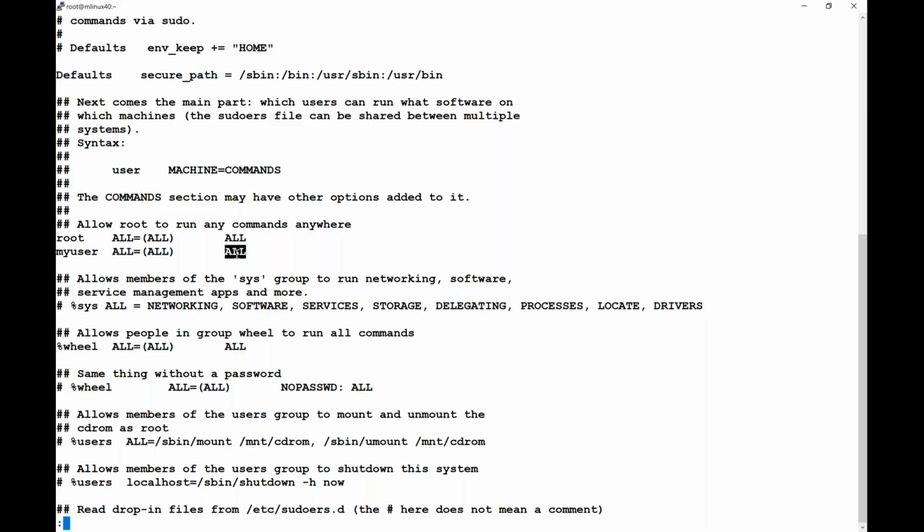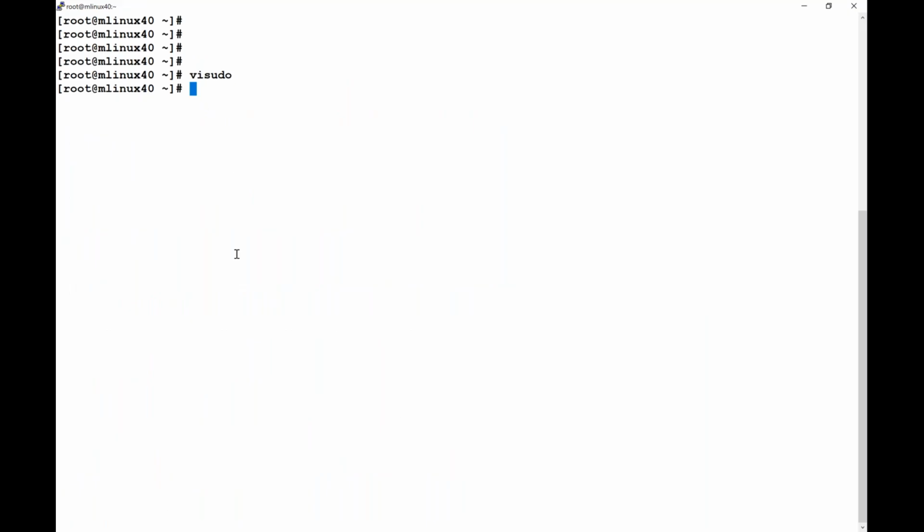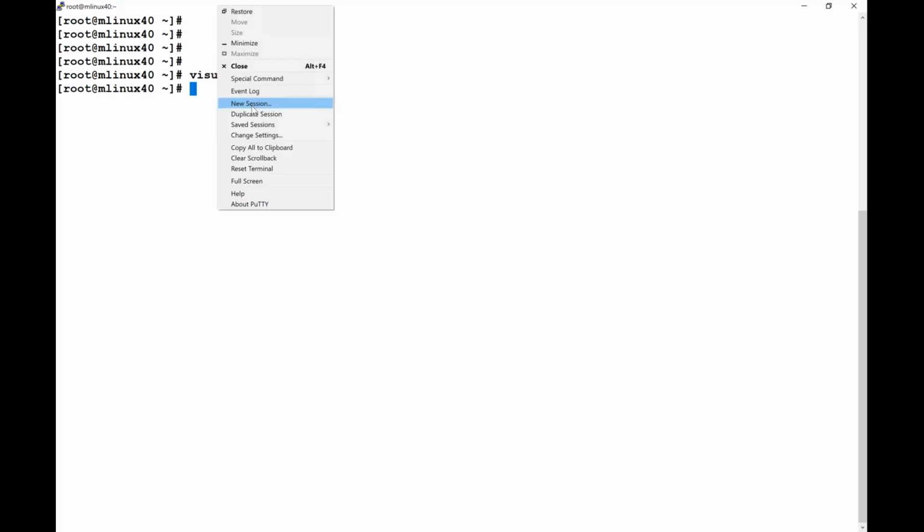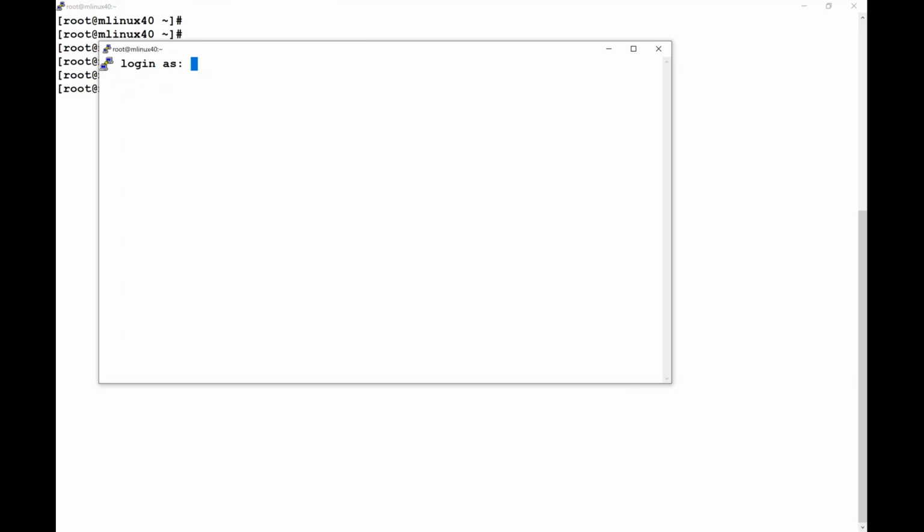Let us save and quit and see whether we have made any syntax mistake. No. If there is any syntax mistake, it would stop us and tell us. So there is no mistake. Let me go with